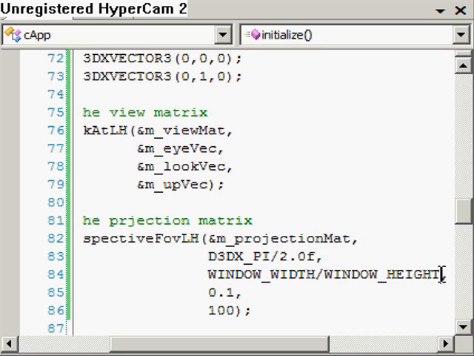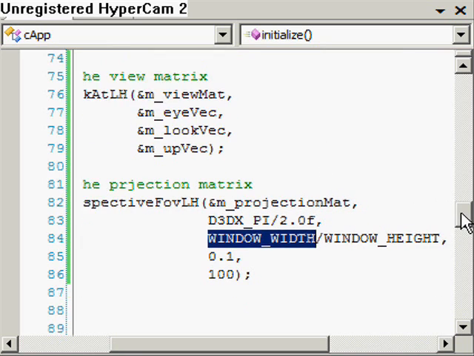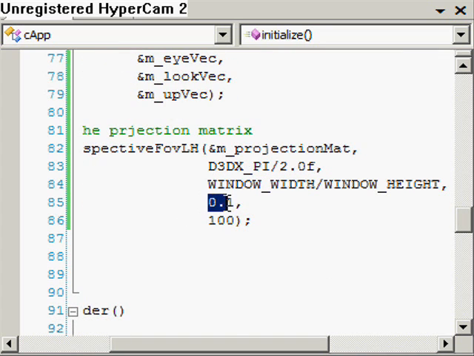it, with no distortions. But you can alter these and say if you make window width bigger, it will probably end up squashing the image in the Y direction. So it'll squash the triangle in the Y direction. At least I think it will. I haven't actually experimented. The next one is the near plane, which essentially is the closest things can come to